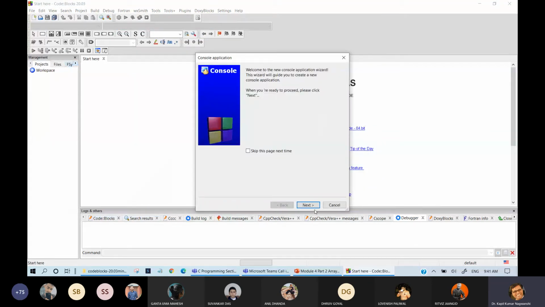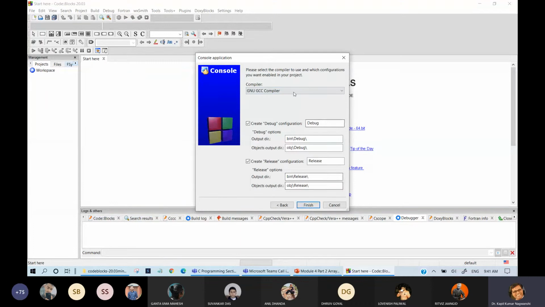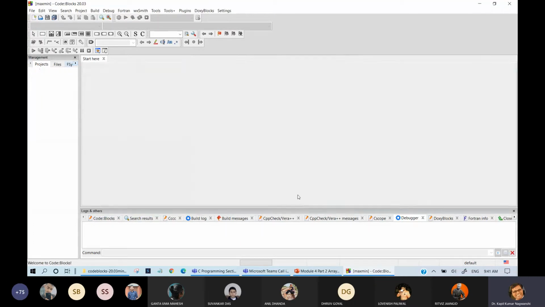Then go here and press next and then pick C, and now just type the project title. So our title is Maxmin. Okay, our project title is Maxmin. Now come to next, debug is yes, debug is required, and finish.